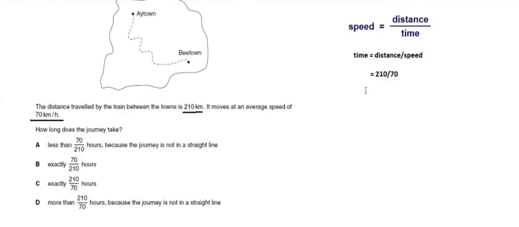So it is 210 divided by 70 hours, and this is option number C. The remaining options, you can see, are 7, less than 70 by 210. That cannot be the answer because, although the journey is not a straight line, we are talking about speed and distance. We are not talking about velocity and displacement. That's why it cannot be less than 70 by 210. Exactly 70 by 210, that is